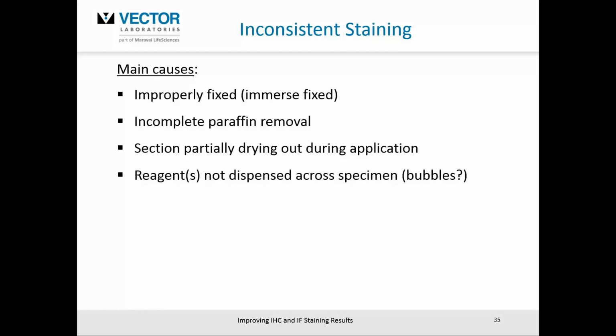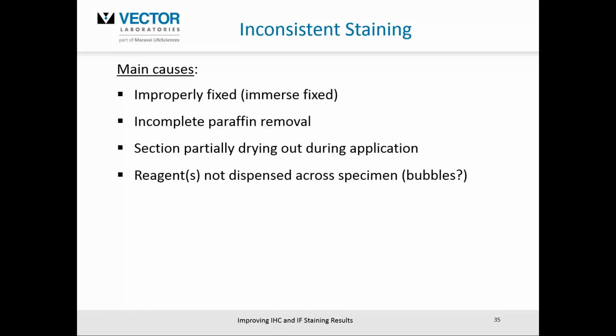So for larger, thicker blocks of tissue, make sure it's fixed in an appropriate period of time. Incomplete paraffin removal, that could be either due to use of your xylenes, your toluenes, or whatever solution you're using. Make sure they're fresh and that those sections are applied and immersed in that material for an appropriate length of